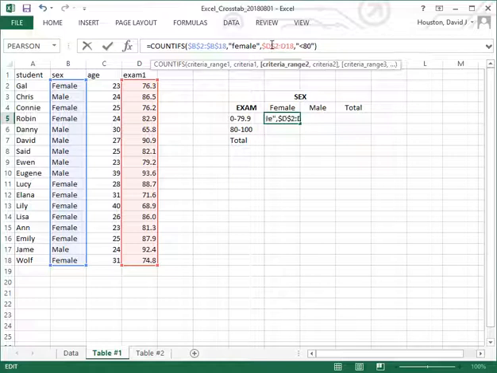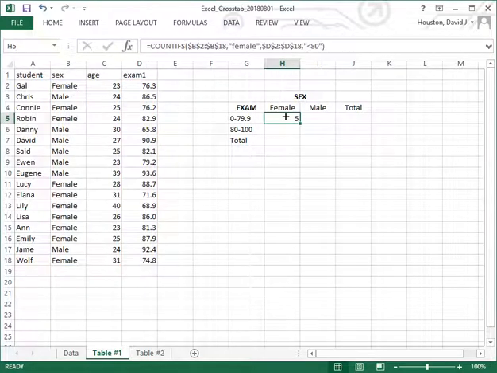And I'll do the same thing with the range D2 through D18. If you think about it, the reason why we can do this and simplify the process is we're referring to the exact same information for both sex and exams. What is going to differ from one cell to the next is what criteria values we are using. So let's copy this across for men,